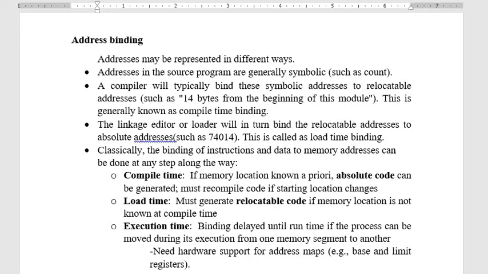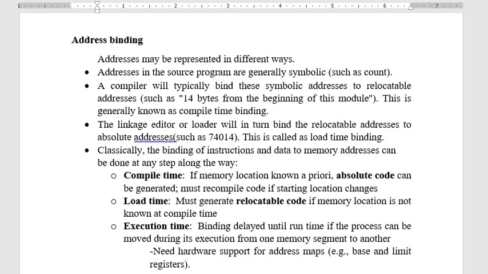Count is a symbolic address, the name of the location. When you create an address for that, in the object file it would be, say, in the fourth line of the source program, with respect to the beginning of the module where this variable is available. That would represent the relocatable code.